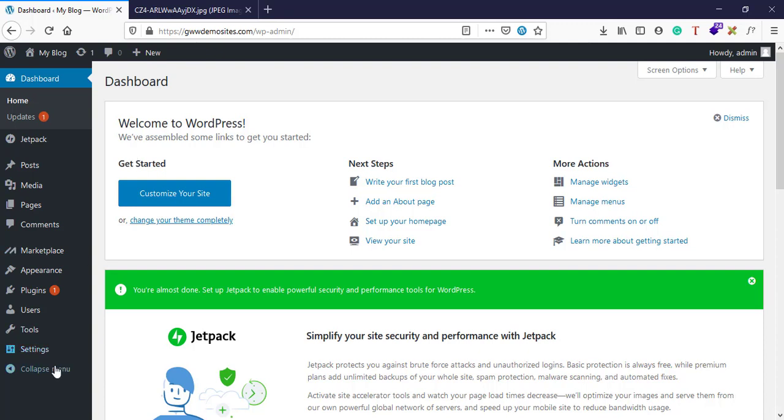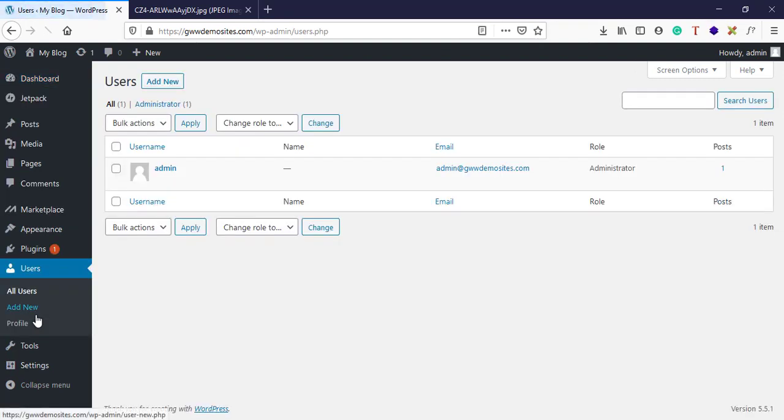Once you log in, here you can see this option called Users. Open this. Now on this page, all the users who currently have some role in your website will be listed here. And to add new users, you need to click on this button,